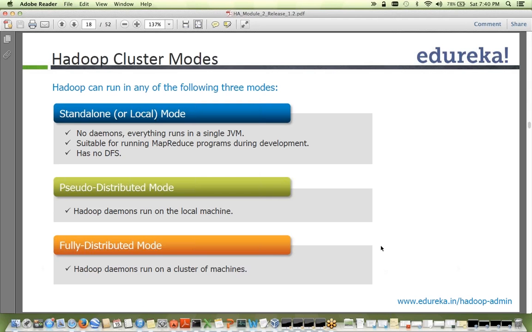And then pseudo distributed mode means you are going to run all the daemons in a Hadoop system on just one machine. And fully distributed is when you have a cluster of machines and every machine runs one daemon. So in production, 100% everybody would install a fully distributed mode, because that's how